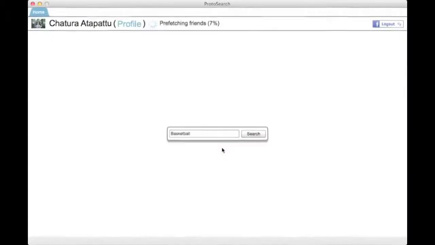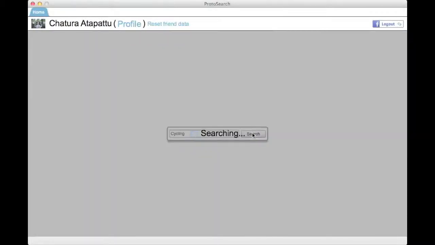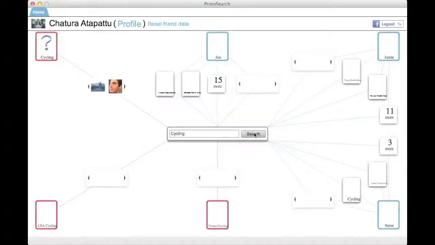Once the prefetching of data is done, the user can continue to do search on new data. Note, depending upon the number of friends you have and the internet connection, prefetching data may take anywhere from several seconds to several minutes. Let's do a search on cycling to see what kind of results we get. As an avid cyclist, I have a lot of friends who are interested in cycling, and as you can see,